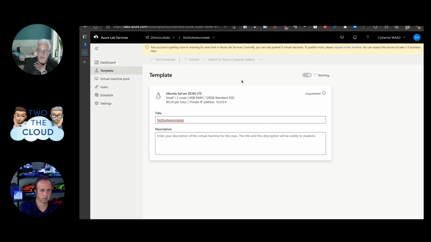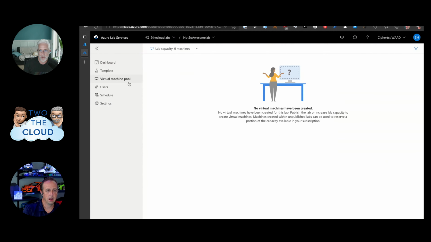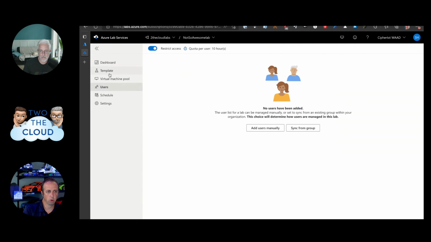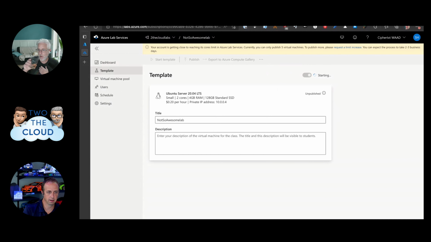So if I wanted to customize this, I have to do a couple things. I have to start it up because it's a virtual machine. It's got to boot. And then once it's started, I'll be able to SSH into it because it's a Linux box in this case. And then I can make any customizations to it. I can exit that session and then I can publish it out so that it's available for students. So that's where, if you didn't want to do the whole gold image thing, you could customize it at this template point, and as students spun it up, it would take everything that you've done to this template. That's 100% it.